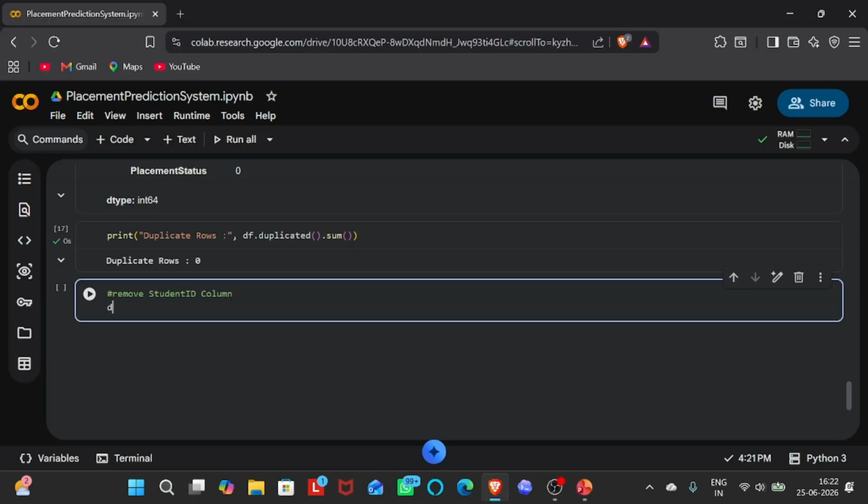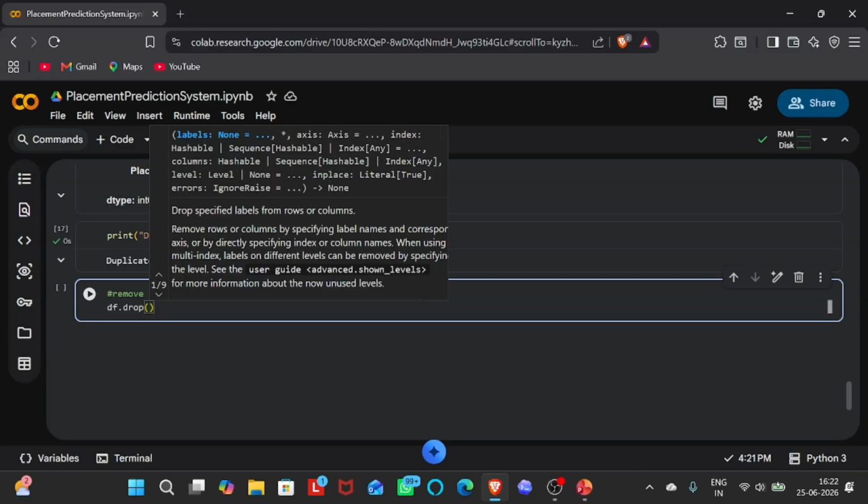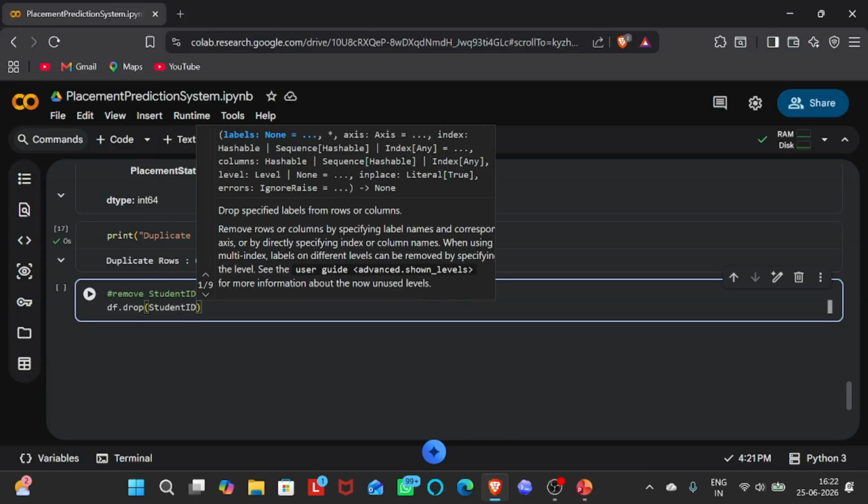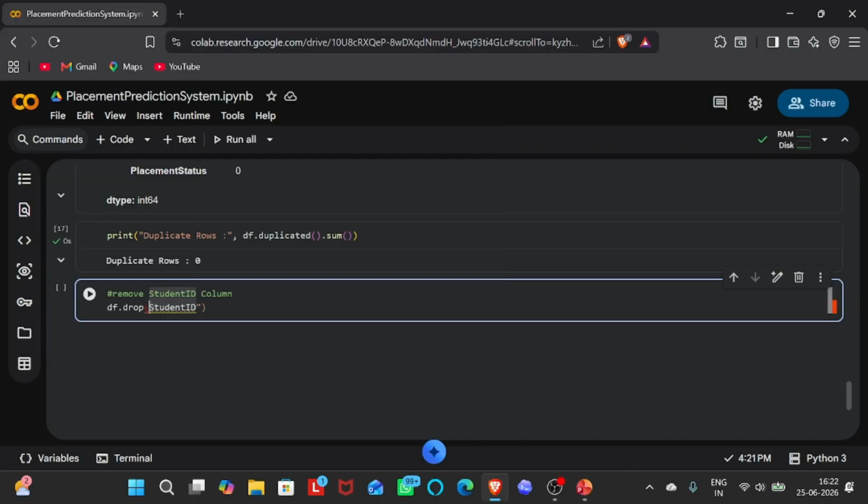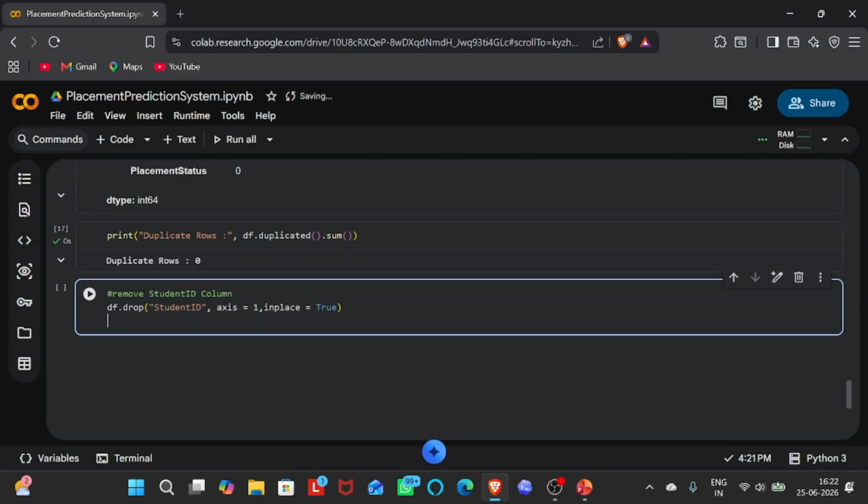तो for that we have to write like df dot drop। क्या हमको ड्रॉप करना है, स्टूडेंट आईडी, स्टूडेंट आईडी। ओके, इसको सेमीकोलन के अंदर डालना होता है, कॉमा, इसका एक्सिस क्या है, एक्सिस इज इक्वल टू वन, कॉमा, इन प्लेस इज इक्वल टू ट्रू। ओके, एंड अगर ये हमारा जो है ड्रॉप हो गया तो we will print स्टूडेंट आईडी कॉलम रिमूव सक्सेसफुली।